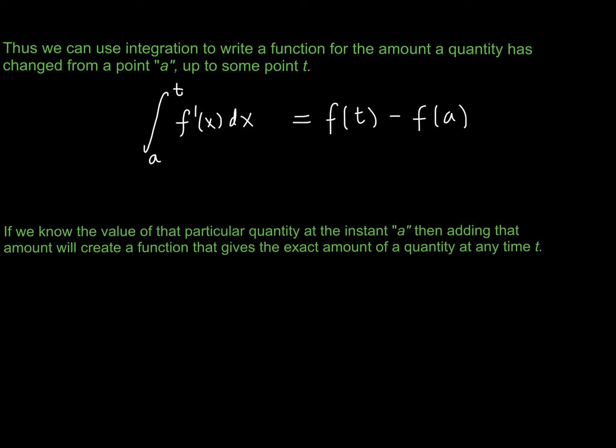What we will have is a function, f of t, which is comprised of the amount of the quantity at a plus the change in the quantity from that point A to any point t, which is the definite integral from a to t of the rate of change f prime of x